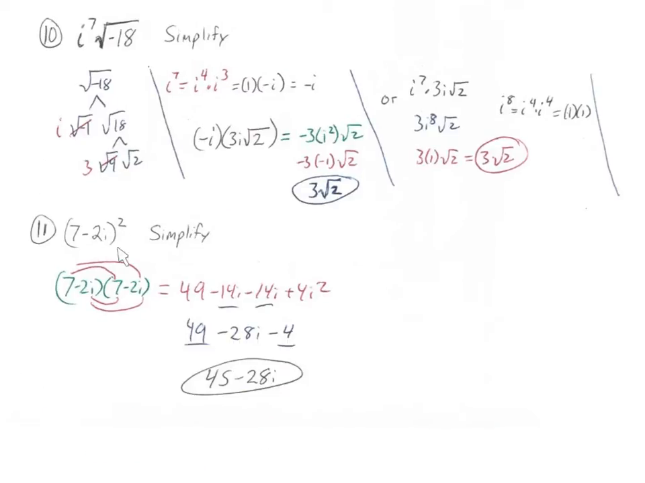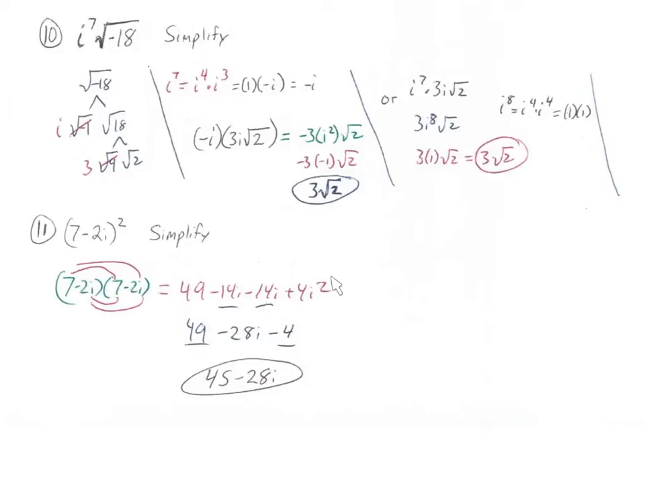All right, when I want to simplify this, when I have something squared, what that means is multiply by itself. To multiply something by itself, I use FOIL, but you could also do a box. If you want to use a box, go ahead and use it. With FOIL, you multiply 7 times 7, which is 49, 7 times negative 2i, which is negative 14i, negative 2i times 7 is negative 14i, and negative 2i times negative 2i,